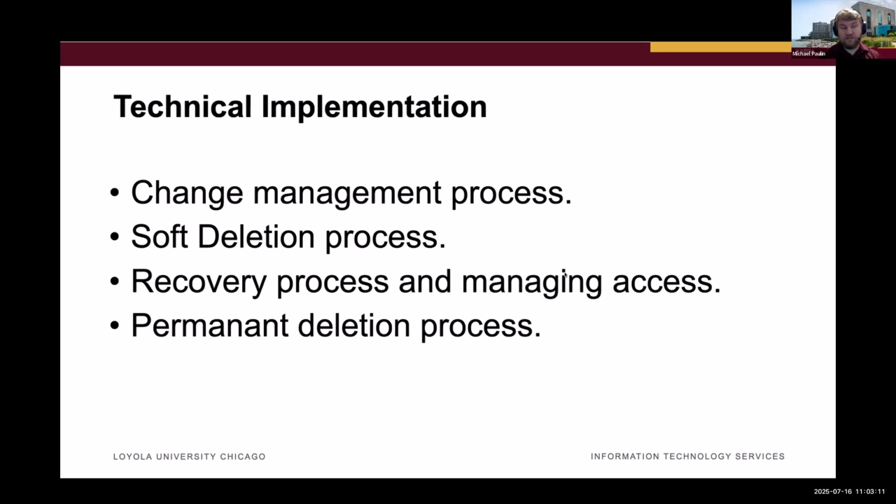One note on this process is nowhere in any of the messaging do we tell users that this is a soft deletion that's happening. This is to try to encourage the majority of users to copy their data in a timely manner, but should a user fall through the cracks, we hold off on the actual permanent deletion until 90 days after the soft deletion is communicated. This gives users who have failed to copy their materials a buffer. So if we get a ticket from a user panicked that all their materials are gone, we can restore their information in a timely manner and keep tabs on who's writing us, so if we get any repeat offenders, we know.